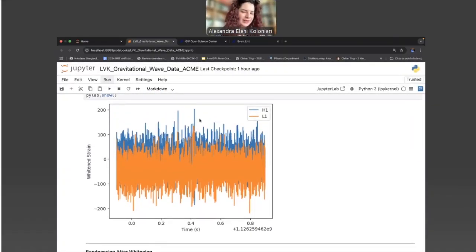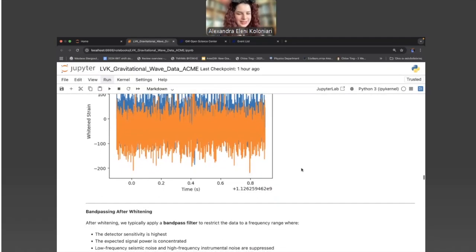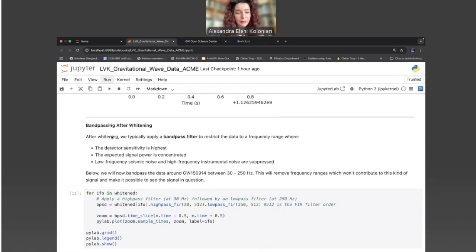The signal is in here, but in order to be able to visualize the signal better, we would need to band pass after whitening and use the frequencies that are proper for that specific merger that we're checking. For example, for this specific signal, GW150914, using a bandpass with frequencies from 30 to 250 Hz is completely fine.